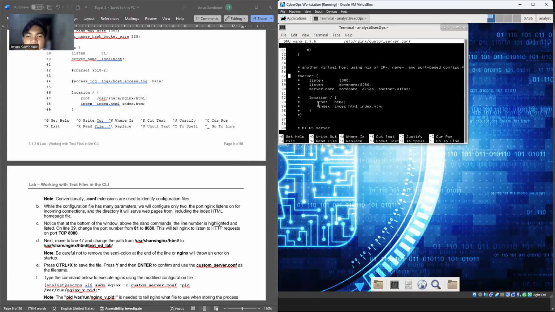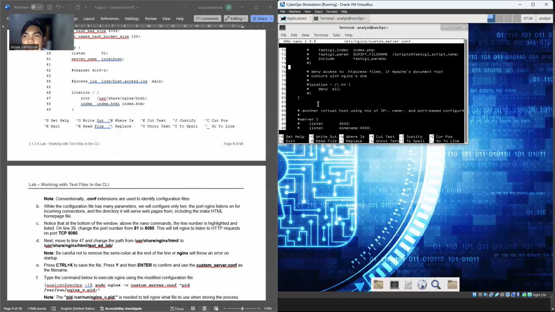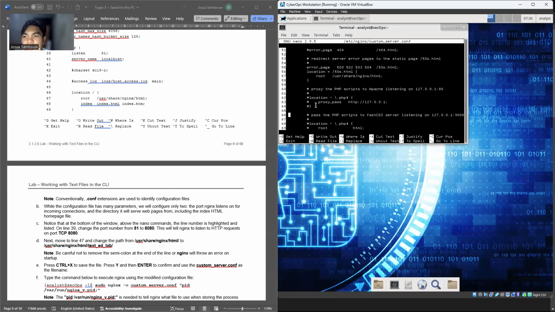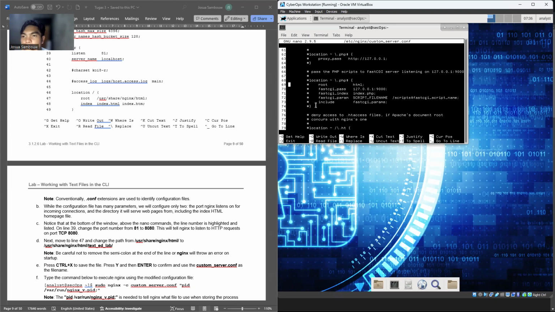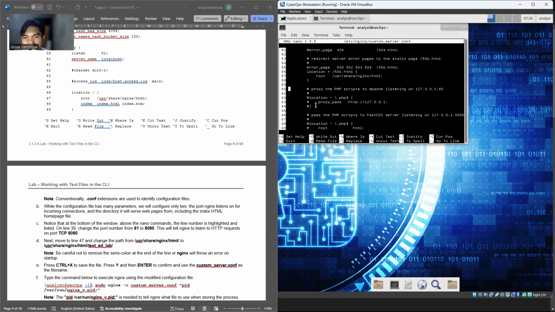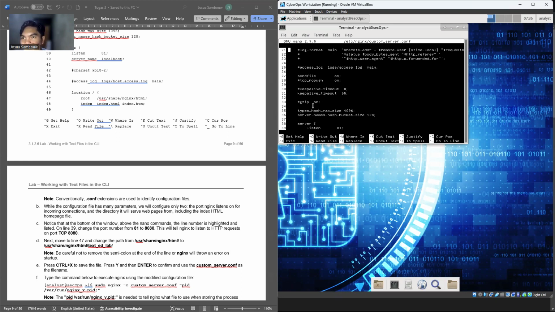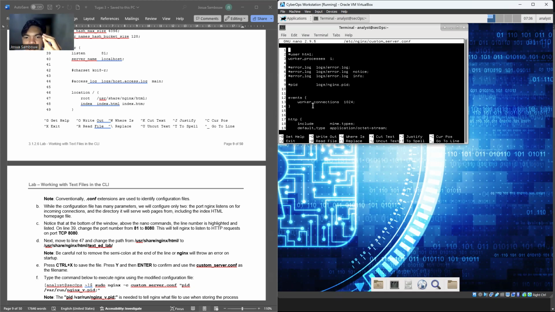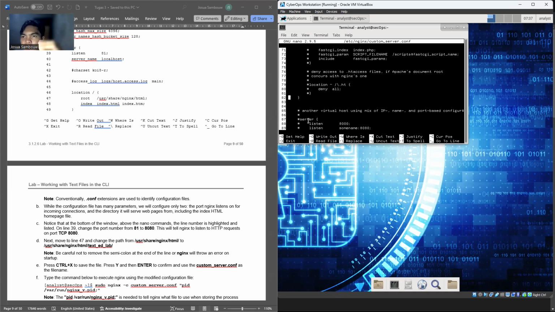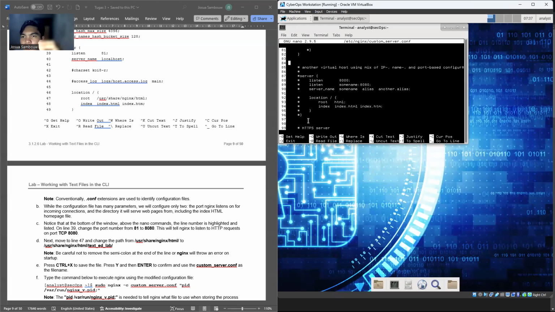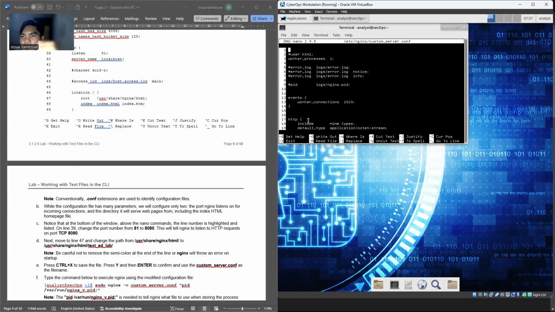I think something is different from my files. It's all highlighted. I don't know what the meaning of this one is.